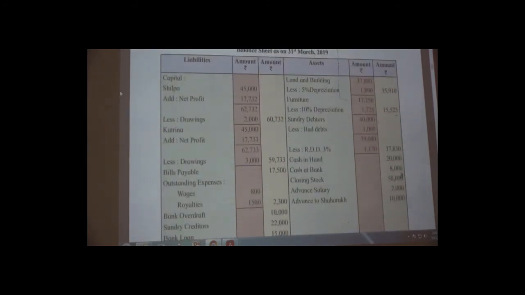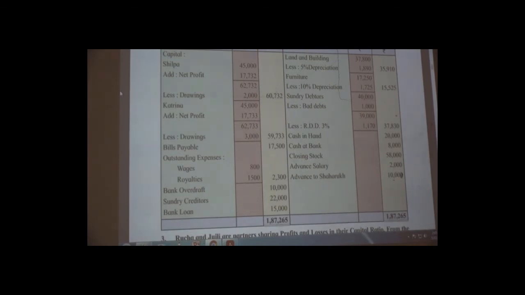Okay. So now next, its second effect should be given again to assets. Now why on the asset side? Because it is the advance given. Just like the earlier item, the advance to Shah Rukh we have given. It was an advance payment, that's why it is an asset for the firm, that's why we have recorded it on the asset side. Similarly, advance salary of rupees 2000 will be posted on the asset side. So these are the two effects. The first effect was deduct from salary and the second effect on the asset side.